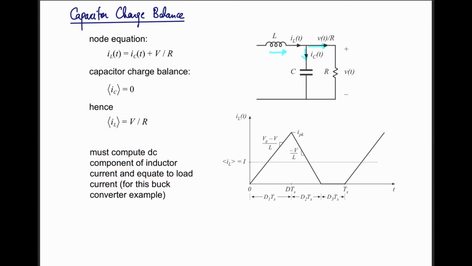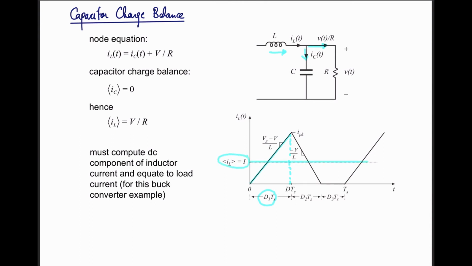Okay, so we have seen the inductor current waveform in the previous slides. In the first mode of operation, when our switch is on, that is the interval d1 Ts, the inductor current will be increasing and its slope will be equal to (Vg minus V) by L. In the second mode of operation, when the diode is on, that is for the interval d2 Ts, the inductor current will be decreasing and its slope will be minus V by L. In the third mode of operation, the inductor current will be equal to 0, that is for d3 into Ts. Right, and the average value of the inductor current will be somewhere over here, as shown like this.